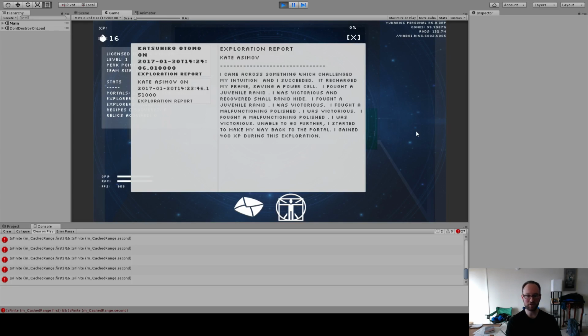So Kate Asimov says she came across something which challenged her intuition and succeeded. It recharged her frame, saving her a power cell. Then she fought a juvenile Ranid. She was victorious, recovered an item. You can read that, pause the screen and read it if you want. The only thing that's a little fourth wall breaking here is they tell you how much experience they gained. Thematically, I'm iffy on it, but I think that's really important information, and you shouldn't have to do that math,